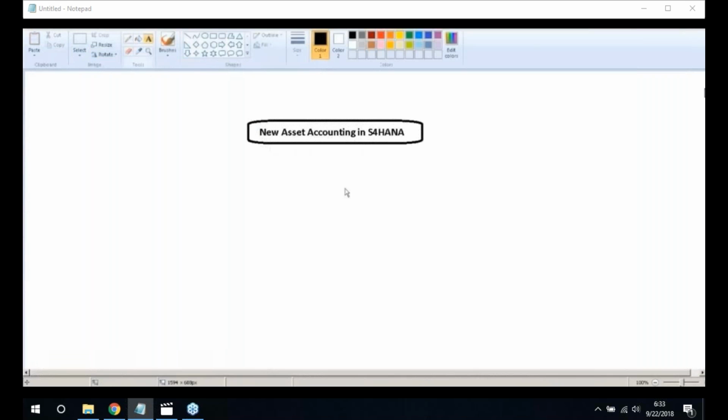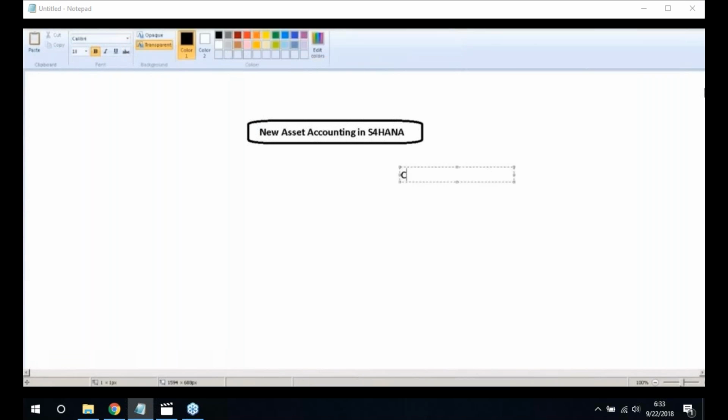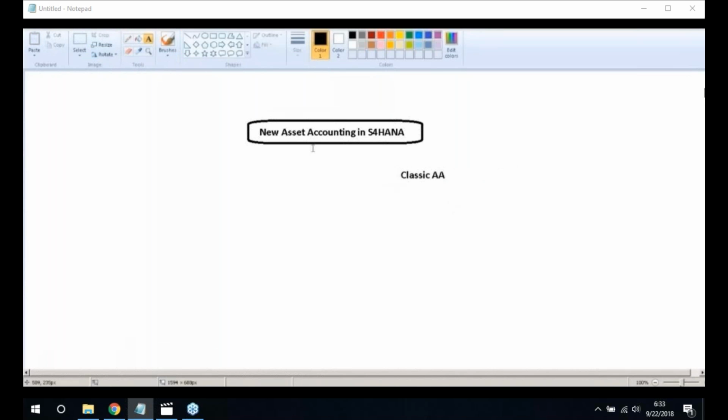We have been using asset accounting until now. In the new asset accounting in S4 HANA,